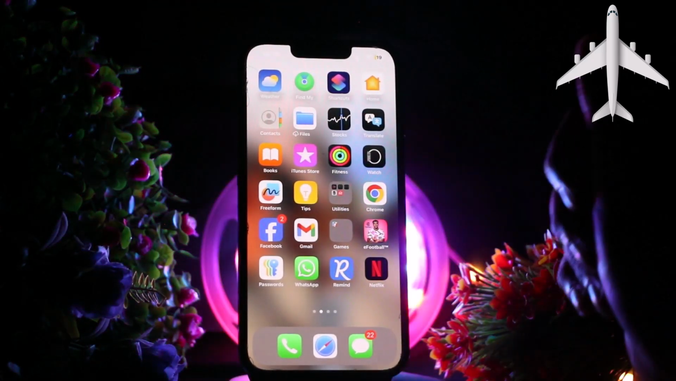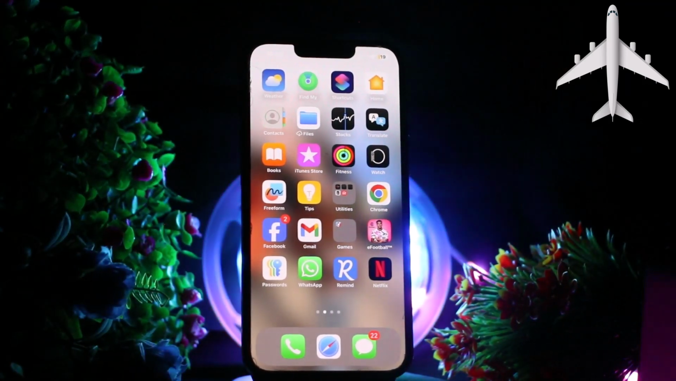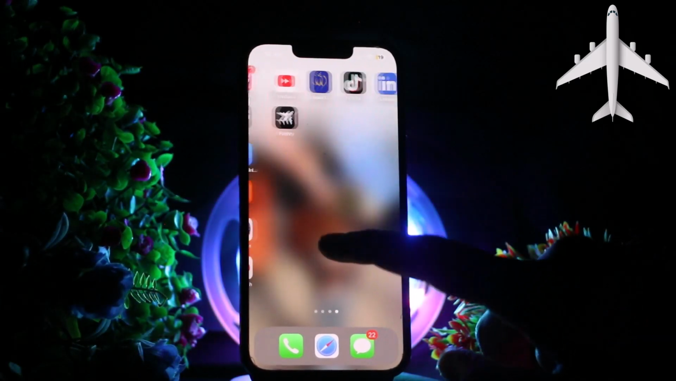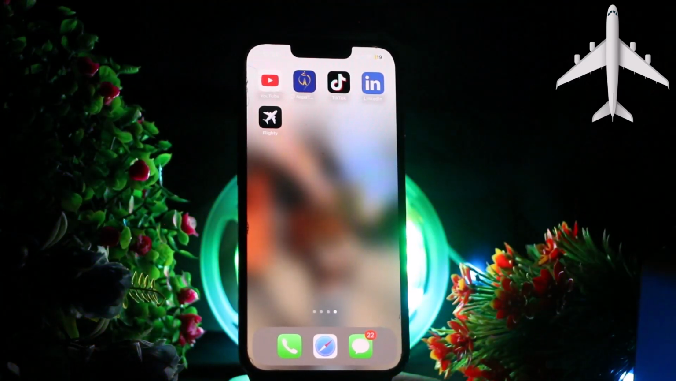So let's get started. Now to add private flights to the Flighty, make sure that you have installed the Flighty app on your device. If you have not installed it, you may install it from the App Store or Play Store on your device. And make sure that you are also connected to Wi-Fi or any kind of data. If you are not connected to Wi-Fi or any kind of data, then you won't be able to use